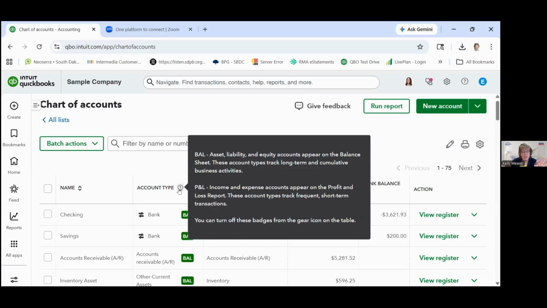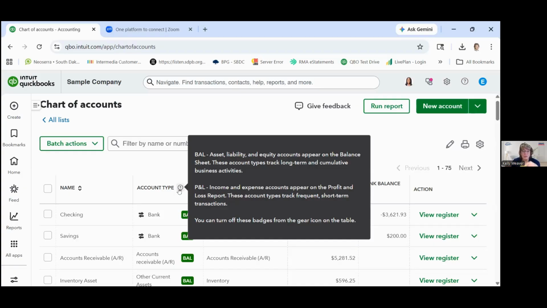And the balance sheet is a cumulative statement. So it doesn't just show your accounts receivable for a given month or period. It shows the accounts receivable over the life of the business that are still active. So you might have an accounts receivable, God forbid, that a customer hasn't paid you for over a year. If you do a balance sheet just for this year, it's still going to show in there, even though it was dated in a previous year.